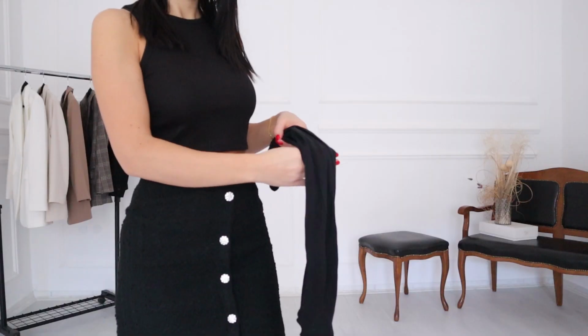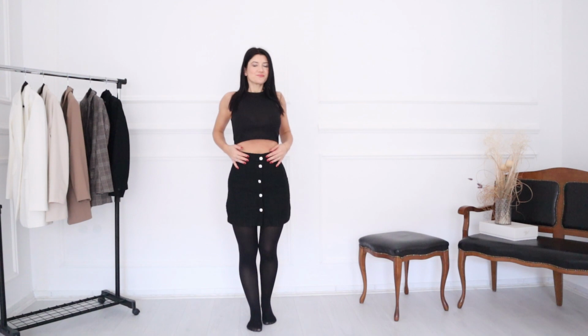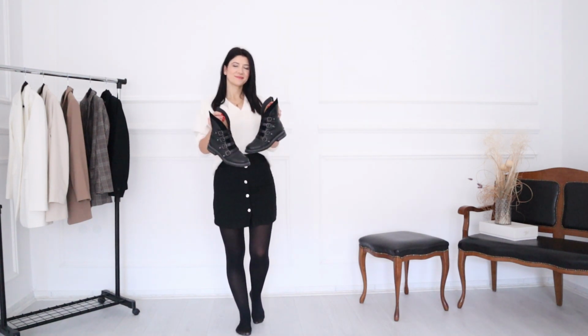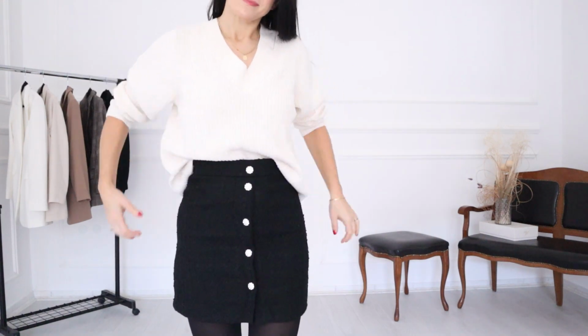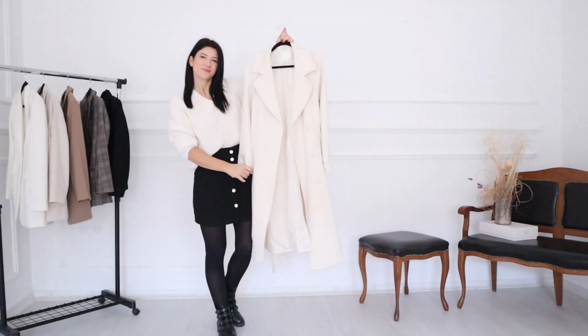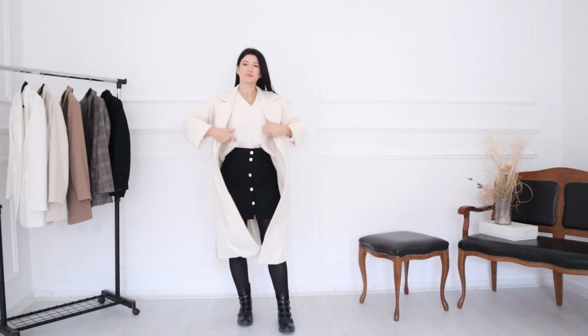So I went after these black tights. I popped on these really flat and really interesting boots. Then on top, I added a really simple V-shape H&M old sweater. And to finish this look, I went after a coat that comes in the same tone as this sweater, and that's pretty much it. I honestly love how the sweater is the same tone, or almost the same tone, as this coat,